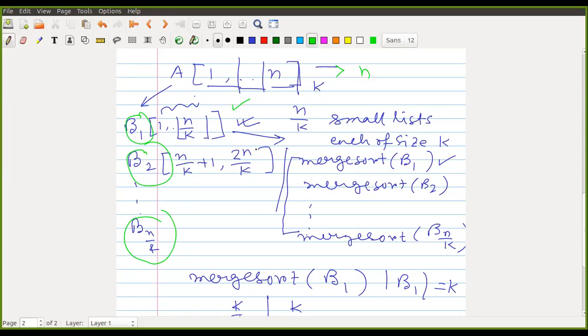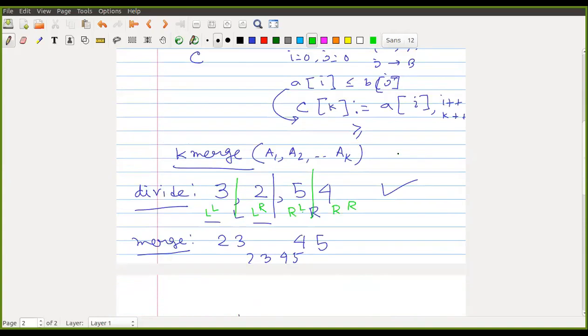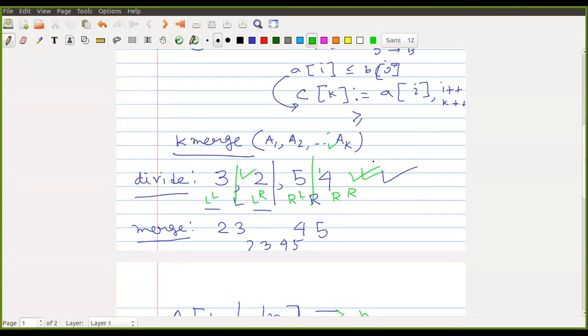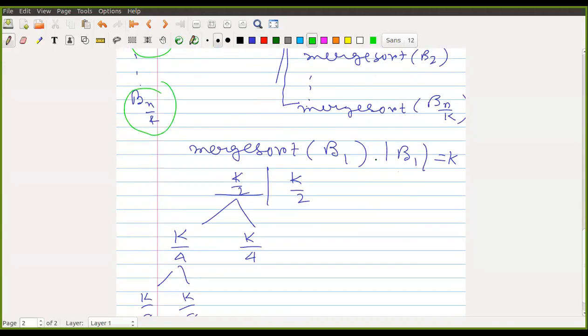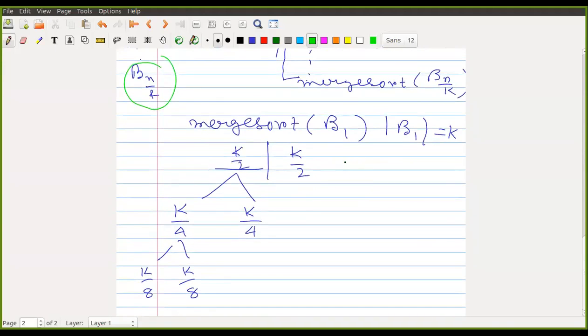This works in exactly the same way we did it for 4 elements. We will use the ordinary merge sort to sort the B_i, and then finally merge them using the new function that we designed. You can do any kind of sorting over there. Okay, now it is clear.